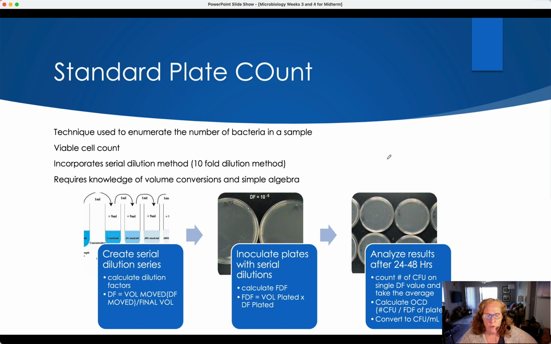Hello and welcome to part 3, I believe it is, of microbiology weeks 3 and 4 for midterm. This is just a quick recording to review the standard plate count method with you to help you prepare for